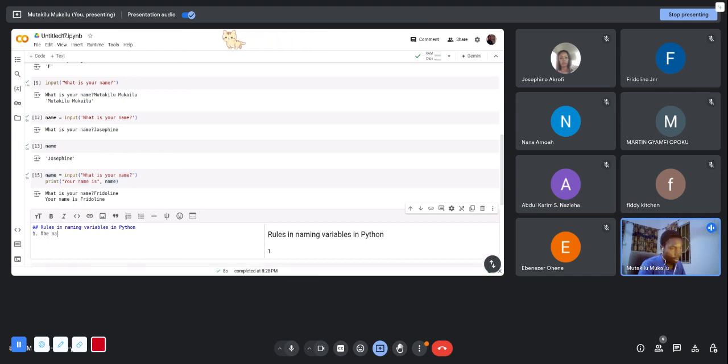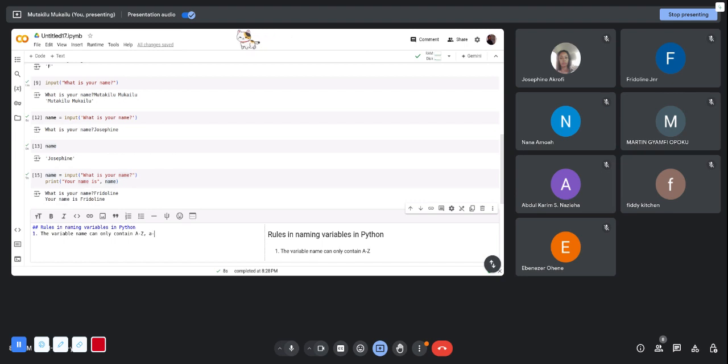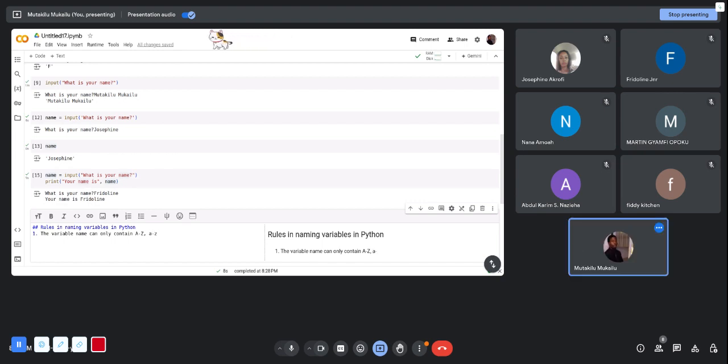And then rule one is the variable name can only contain alphabets, that is from A to Z. And how did you teach this yesterday? Yes, please. Okay,